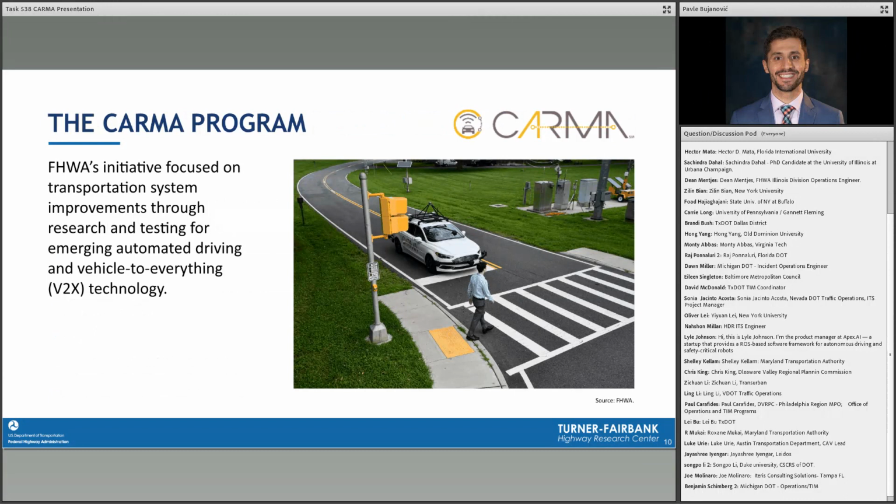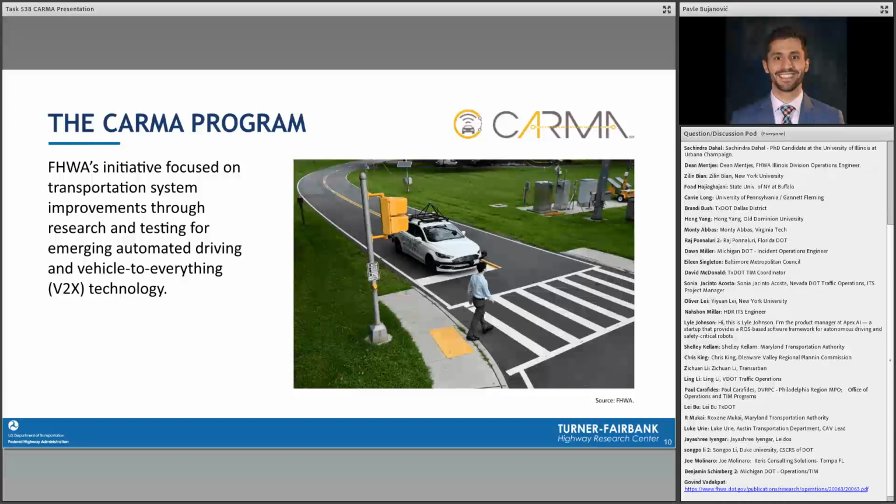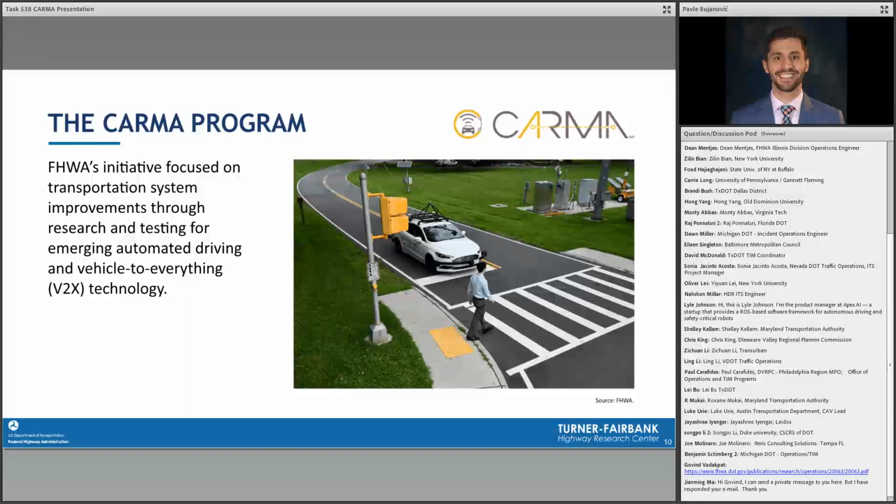So with that, in order to be able to look into CDA questions and research problems, we have started the CARMA program, which I'm sure that many of you are familiar with. But for those of you that are not, just really briefly, the CARMA program is an initiative by Federal Highway to develop software systems, namely the platform, the cloud, messenger, and streets, which are basically open source systems that sit on different parts of the transportation network, whether that's in the cloud, on the infrastructure, or on the vehicle itself, and it's supposed to allow researchers to install this on their own equipment and then do research